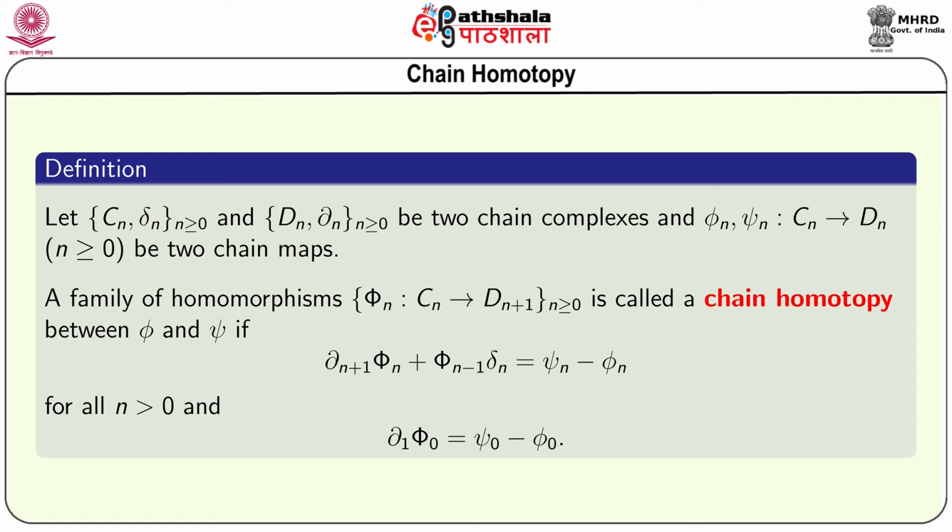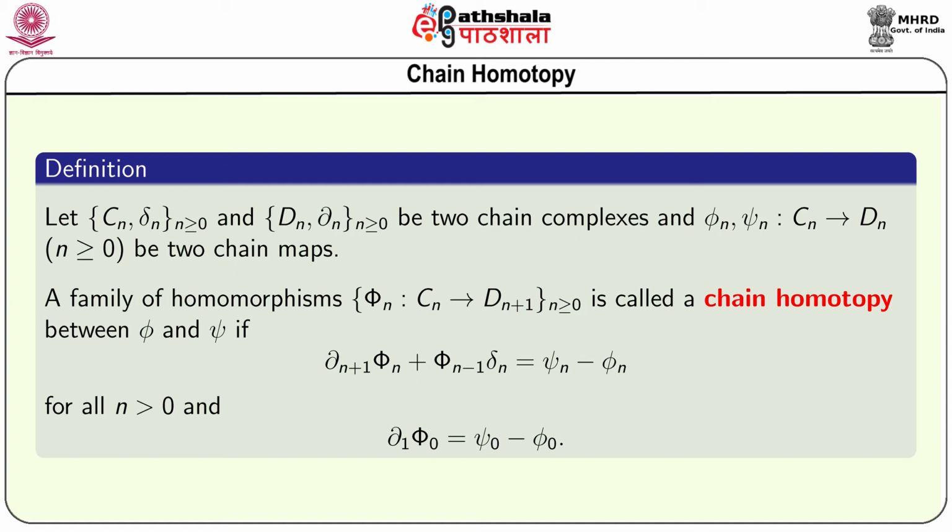Now, we define chain homotopy. Suppose we are given two chain complexes, one is C_n with boundary delta_n and the other one is D_n with boundary del_n. And suppose we are given the chain maps phi_n and psi_n from C_n to D_n. Then a family of homomorphisms phi_n from C_n to D_{n+1} is called a chain homotopy between phi and psi if we have this expression to hold,